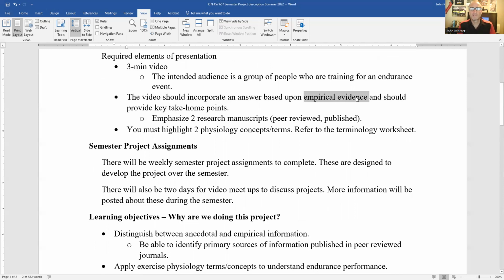So we'll also talk about the importance of anecdotal information, which are stories or what works for me. I can tell you how I'm able to be successful in an event, but that's an anecdote. What we're going to be interested in is diving into the empirical evidence that's available to try to answer some